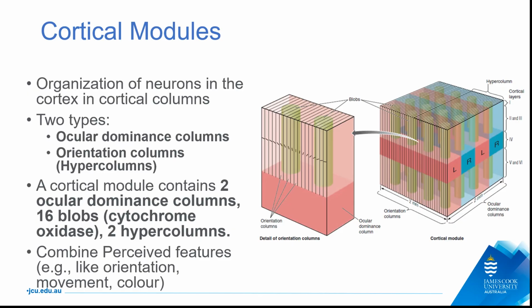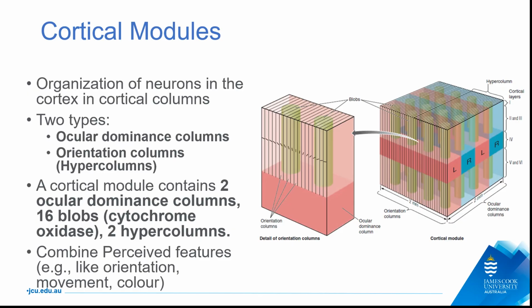Basically, they respond to all these different orientation angles of very simple stimuli, like a light bar, for instance. If it's at an angle of, say, 180 or 270, along this column we have all these cortical neurons responding to them. So a cortical module is just an assembly. We have two ocular dominance columns, 16 blobs of cytochrome oxidase, which is an enzyme actually,